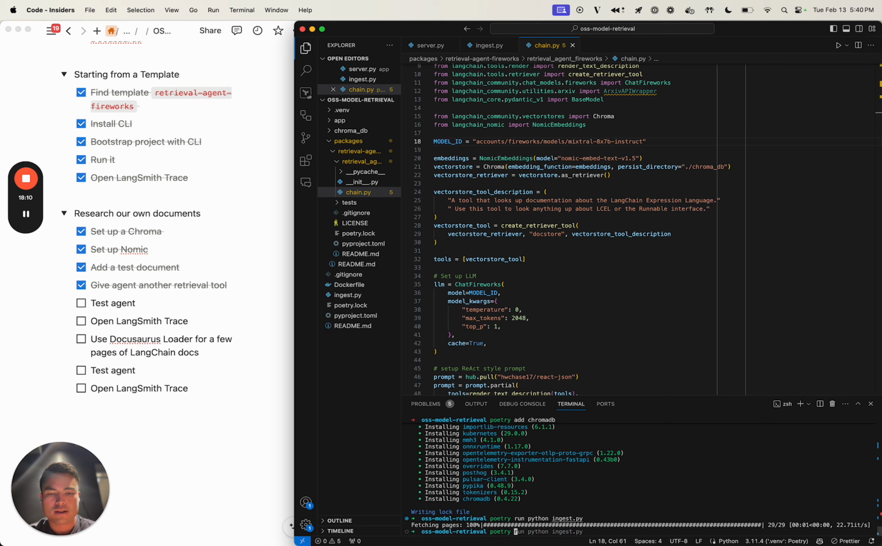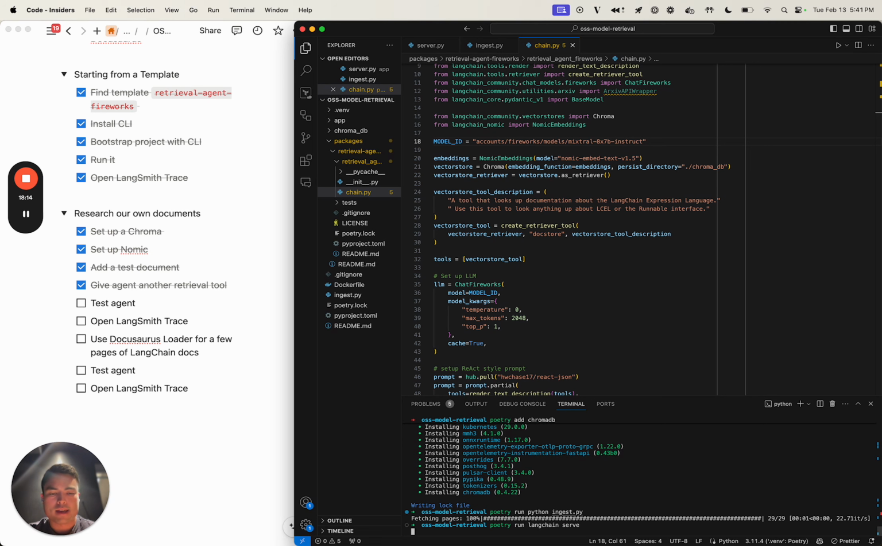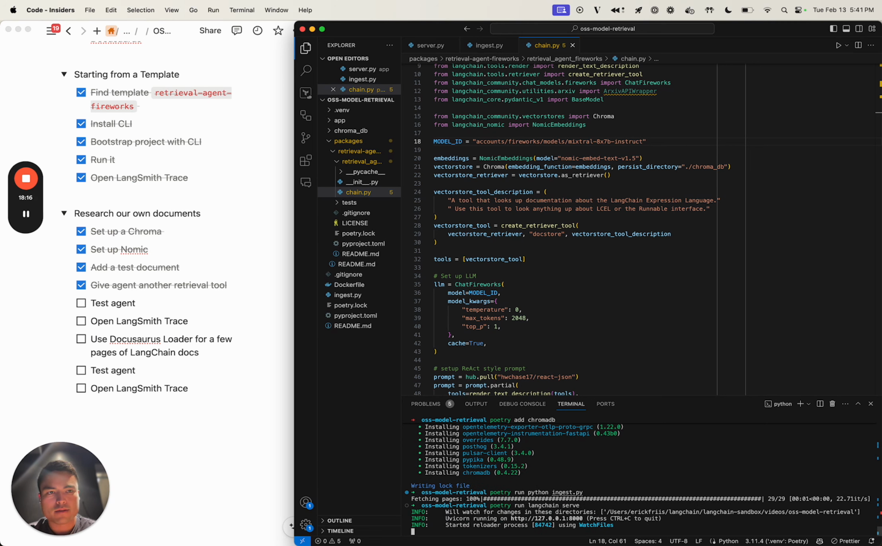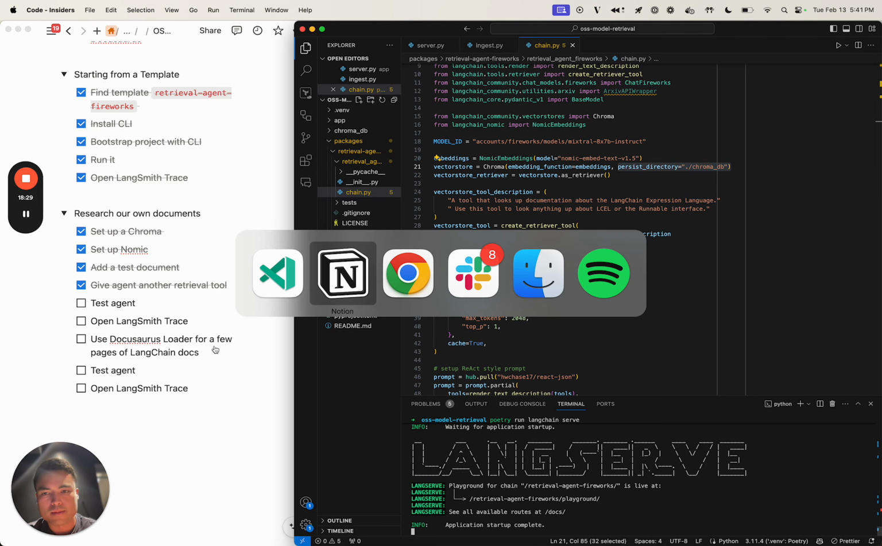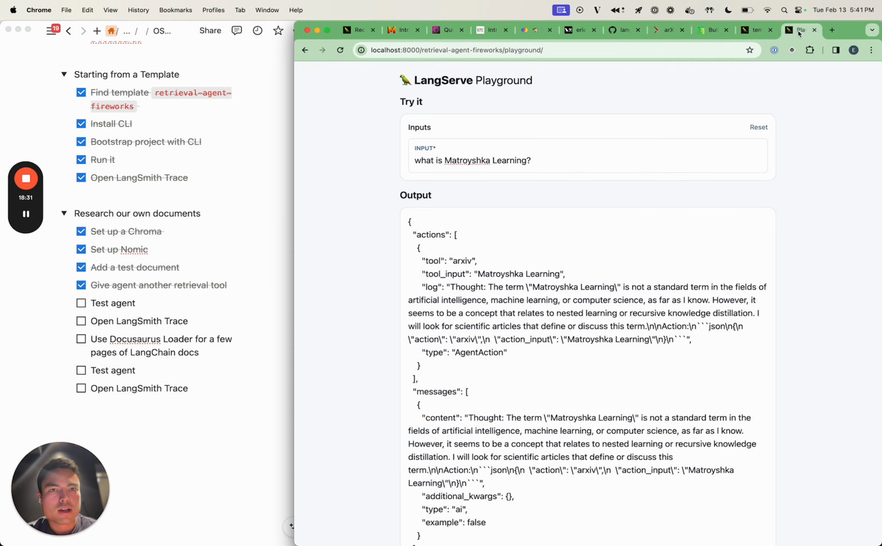Let's try running that and see if we get any errors. Note that an important part here was that our persist directory was set the same as we set it in our ingestion script, because otherwise it would connect to an empty ChromaDB. So far, so good. So let's go back to our playground,